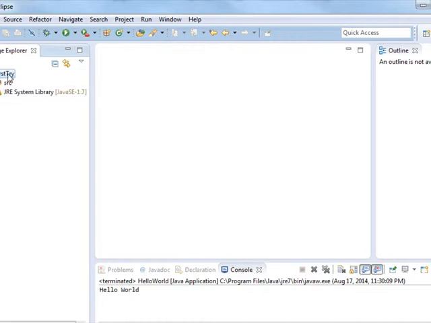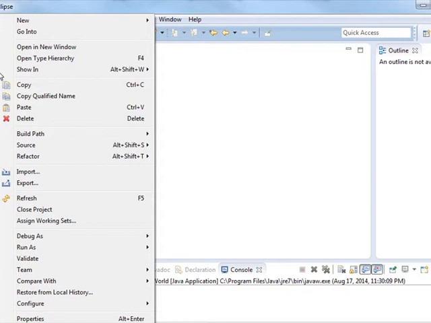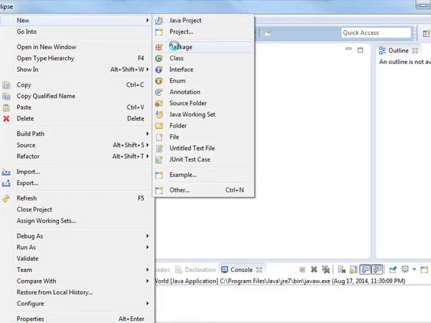For now, we've got our project. Let's make another level of organization before we create our program. This is just a way of organizing our code. Project is kind of like the overall box that we put our code into, and then we can put it into separate packages. So let's make a separate package. I'm going to right click on the name of my project and create a new package,